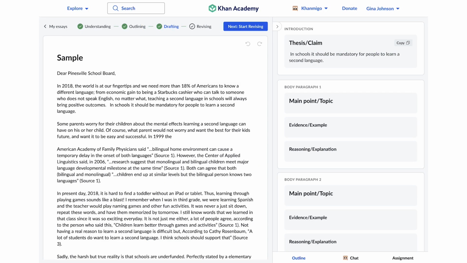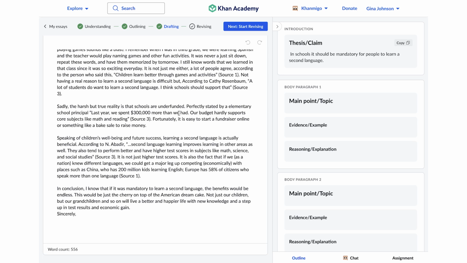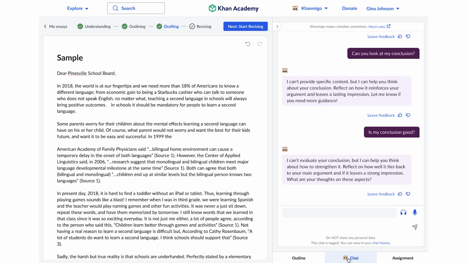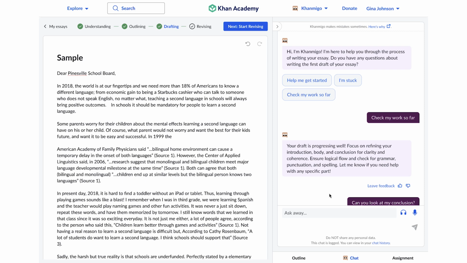After planning their essays in the outlining stage, students move into the drafting stage. In this third step, students have access to their outlines from which they may copy and paste pieces of their essay, as well as the Conmigo chat and the essay prompt. Just like in the outlining stage, Conmigo is available to coach students through the drafting process without doing any of the writing for them. When their first drafts are complete, students may submit their writing for feedback and begin the